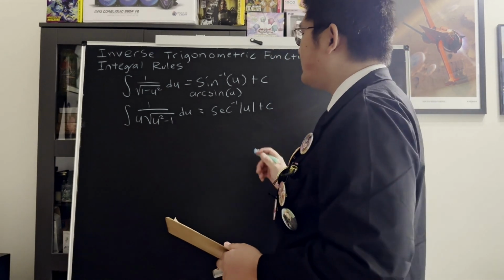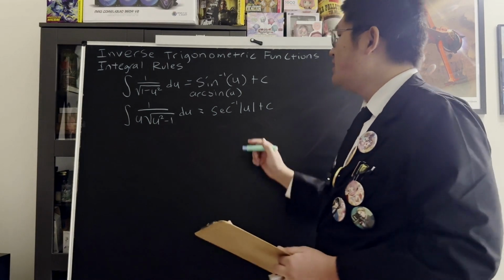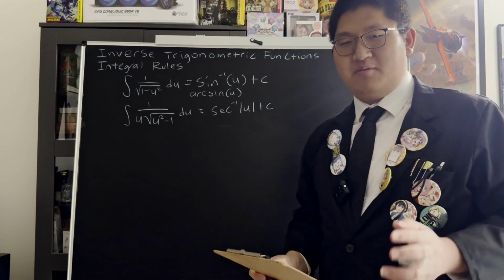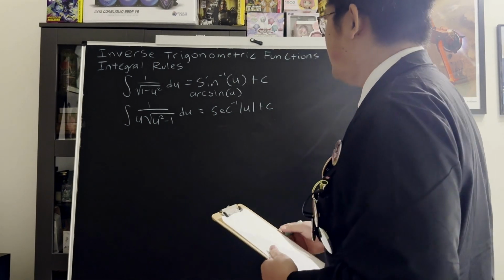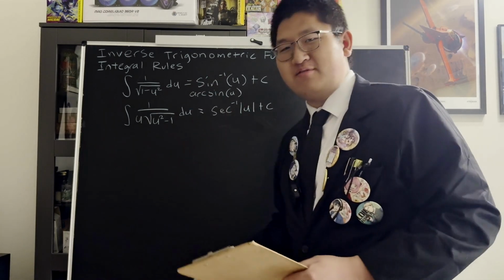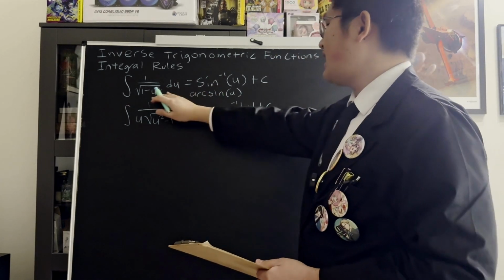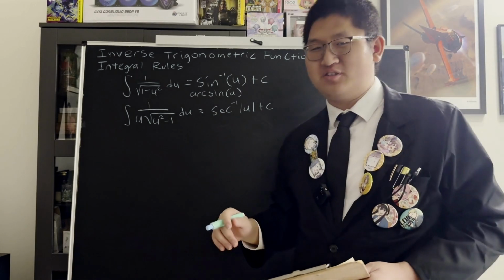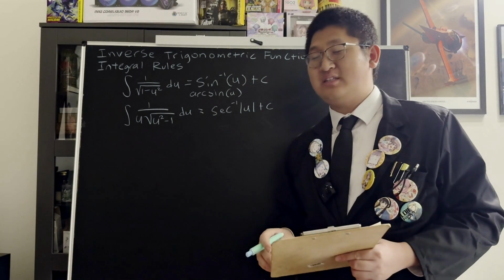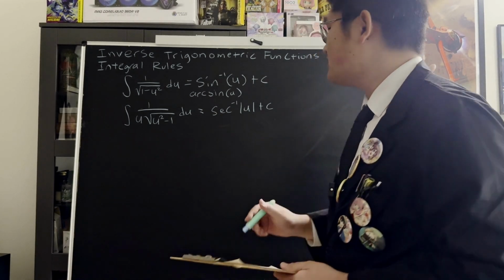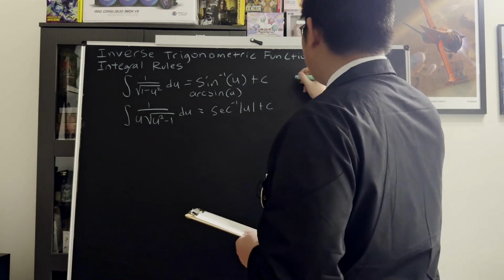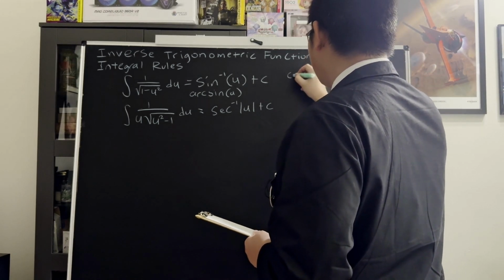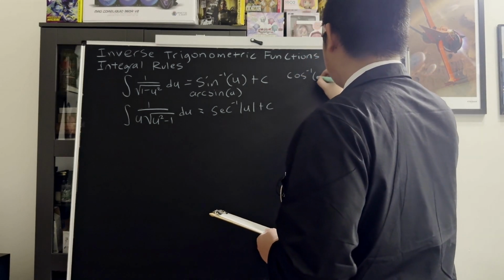Well, I'm glad that you are so astute to know where the cosine went. Well, not to worry about that. The actual inverse cosine rule is going to be the same as the inverse sine rule. So let's hold off on the secant here for just a second, because I know you all are dying to know about this. With the inverse cosine, let's go back here. If we had the inverse cosine of u,